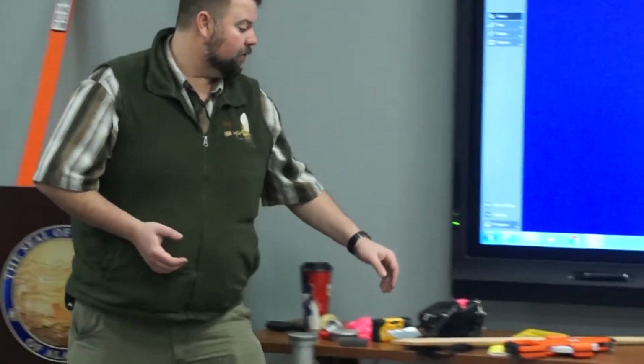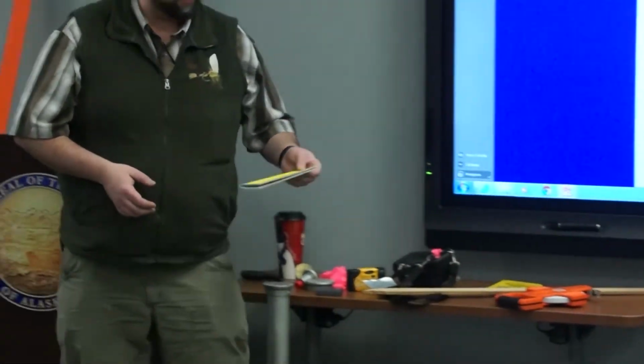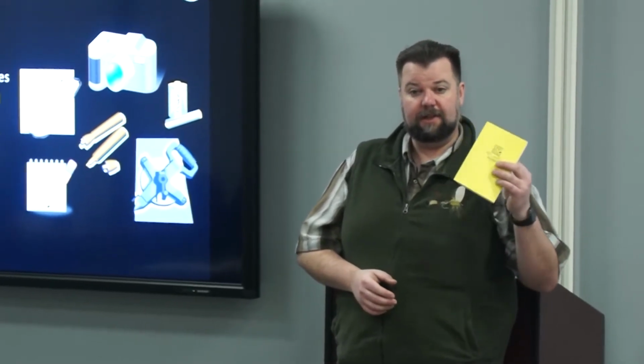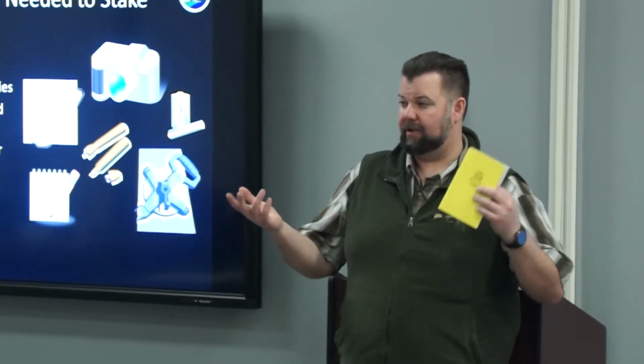And then pencil and writing equipment. You're going to need to bring something to take field notes on. If you bring copies of your staking instructions, more specifically your lease application, you can take notes right on there, and it's great because you can fill it in there. You go out there in the field, you get it covered in water and bug guts and snow and everything else, and then you can bring it back in, get a nice clean copy, and then fill it out in that. I highly recommend these Write in the Rain booklets. These are fantastic in that you can write on them whether it's raining outside or not, using a pencil, or some pens like them, some don't. Additionally,